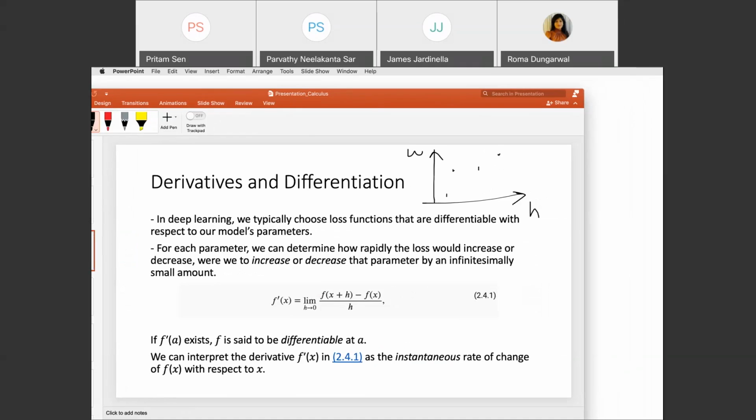We want to make a curve or a shape, draw a line actually, which may be linear or it may be a polynomial line. We draw a line so that we can calculate weight for each height. If I draw a straight line, it may be like this, which tries to fit all the points. If I draw a line like this, we are getting some error for each value. For example, there is an error like this one, this,